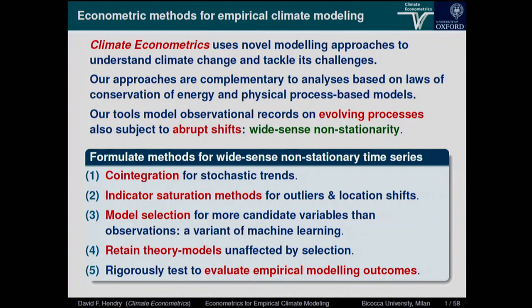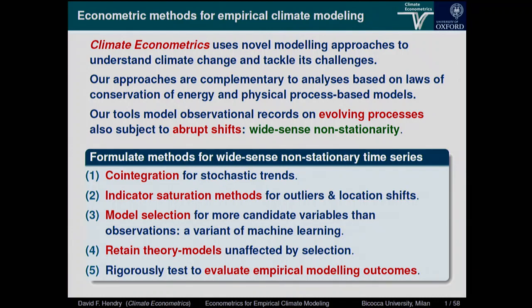So we need to have a way of formulating models for all the kinds of wide-sense non-stationarity that comes in. Clearly, stochastic trends are there. There's a lot of stochastic trends that earlier work on climate econometrics has shown that you need co-integration in a number of areas. We've also got quite big outliers. You'll see some enormous outliers in one of the studies I look at. I mean, like 40% of the level of the variable for a period, which is a pretty big outlier. We also have abrupt shifts, location shifts, so the series goes from one level to another, and it's not picked up by the variables that are observed.